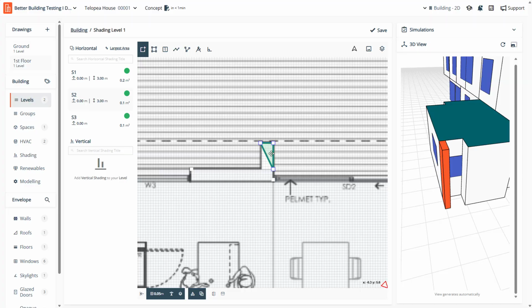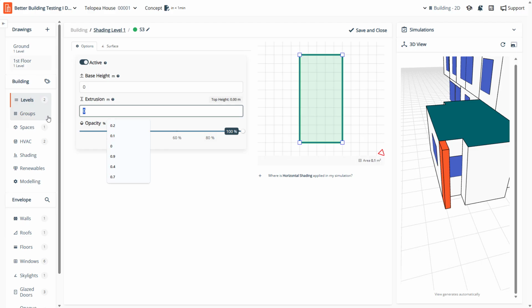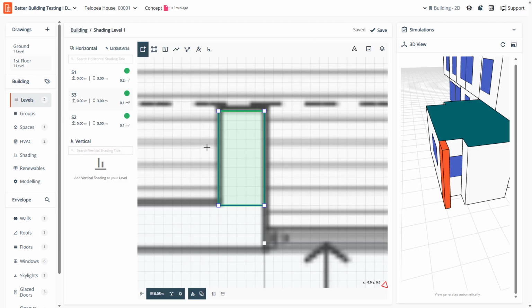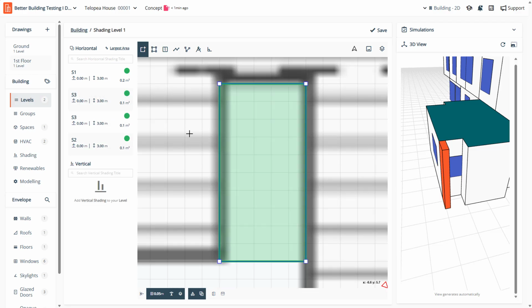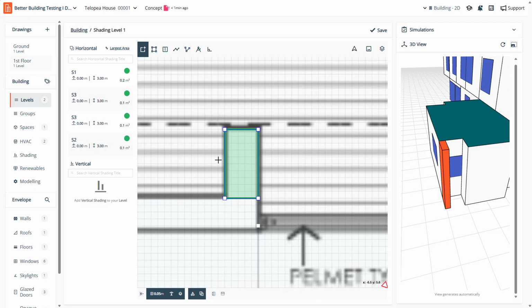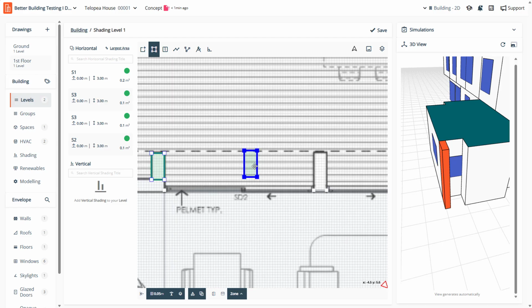S3. And let's say we get that one in there, S3, and we don't want to go ahead and repeat that again because we know these are going to be pretty similar. We could go ahead and duplicate that there. So we have a duplication. It's sitting one over the other, and we can then pull that across there,